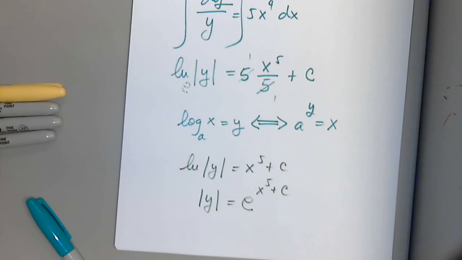I'll stop here only because I have to show you how to separate this into another constant and how to solve this equation. Because when the power is the sum of two terms, then this is e to x to the fifth times e to c. But I have to refresh your memory on that property. And then call that constant